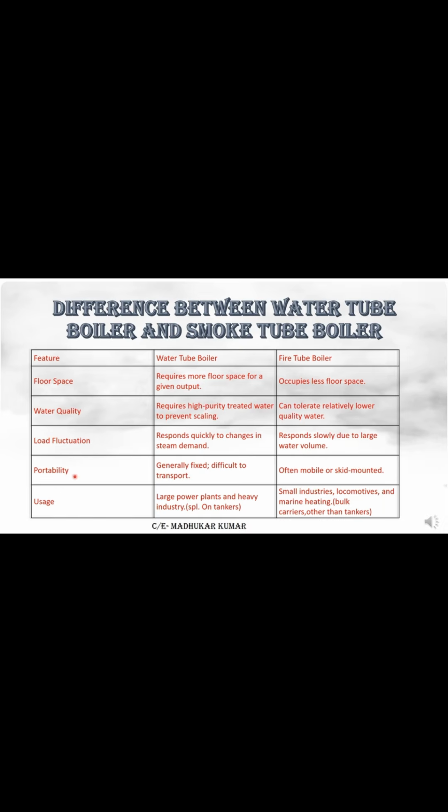Now portability. The water tube boiler is generally fixed and difficult to transport, but in this case, the fire tube boiler is mobile and skid mounted, so it is easy. So the installation part is easy in the case of the fire tube boiler, and in the water tube boiler it is difficult. Uses: large power plants, heavy industries. If we see about the marine